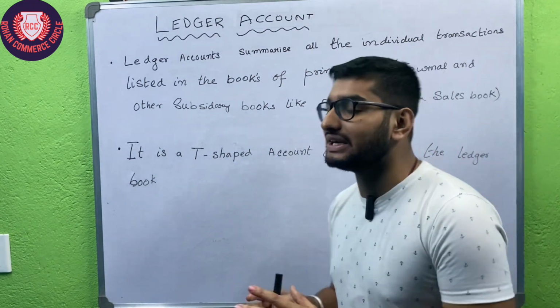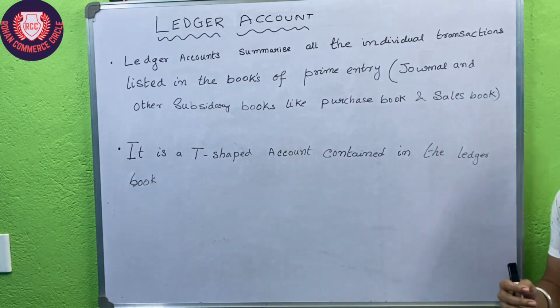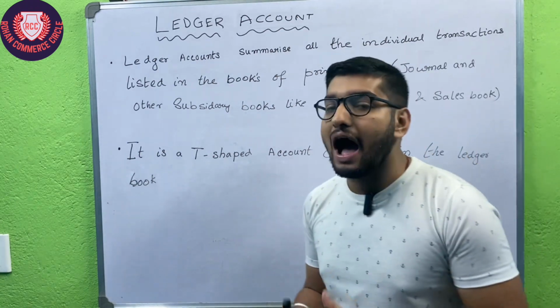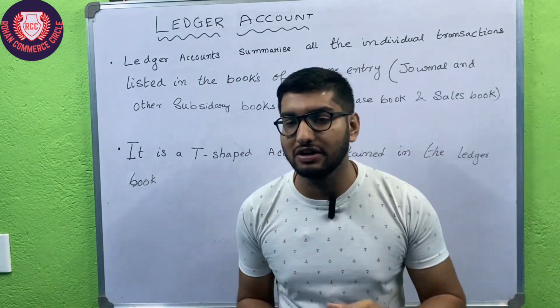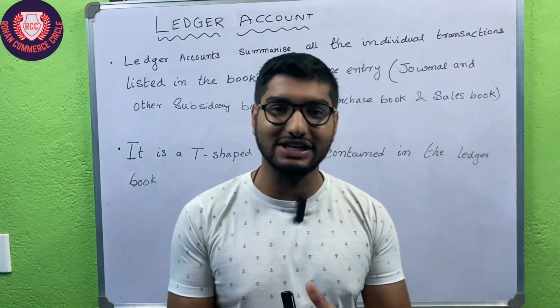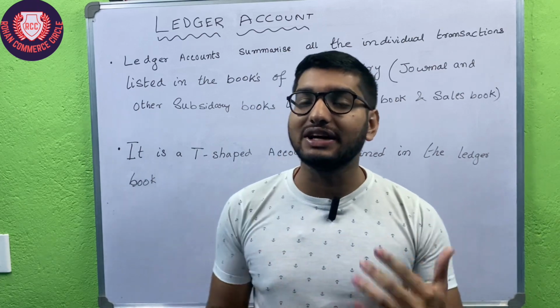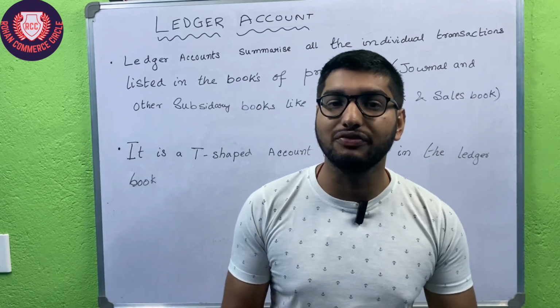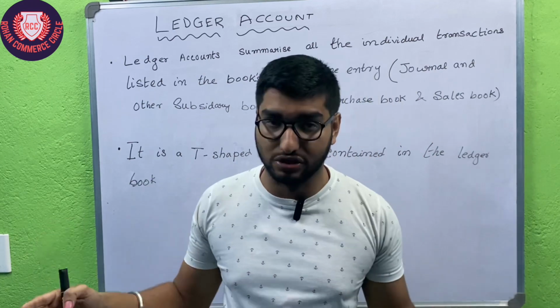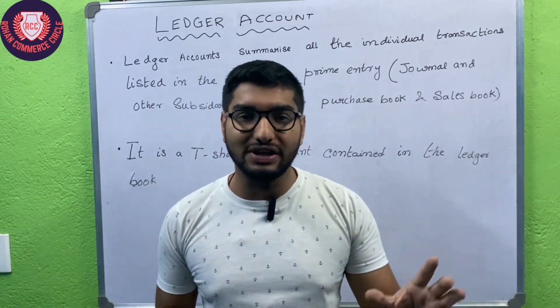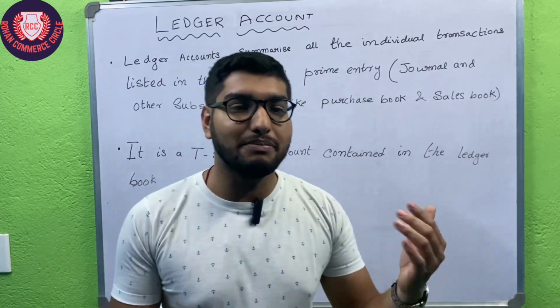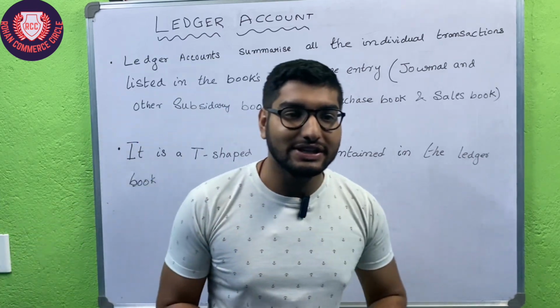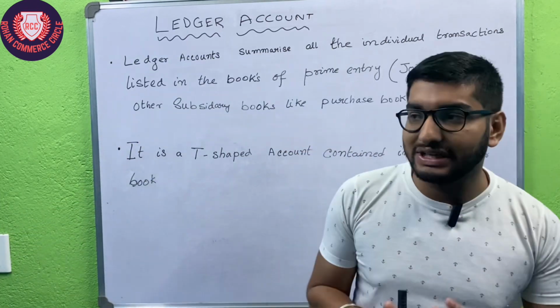So basically, what is a ledger account? When we are making the journal, after the completion of the journal, we have just recorded the transaction in a journal, right? So after recording the transaction in a journal, we have to write it in a separate book, right? Suppose we have recorded a journal that cash came into the business. That means there will be two aspects.